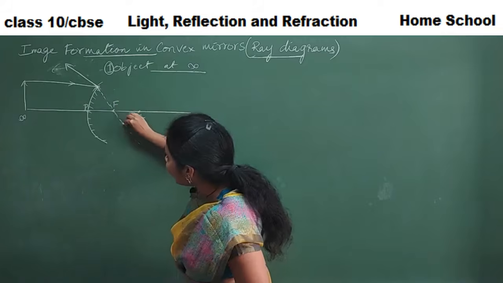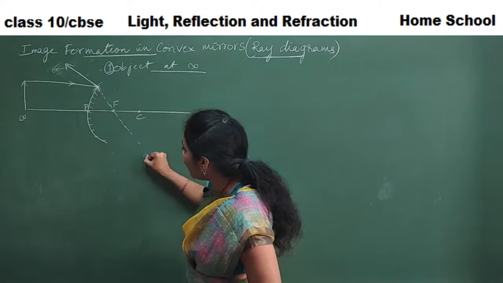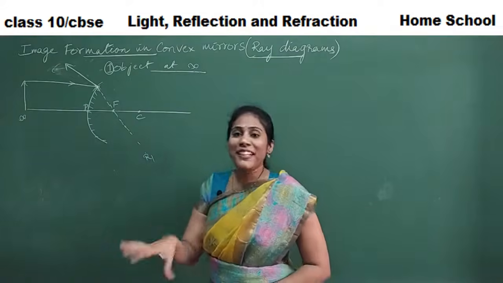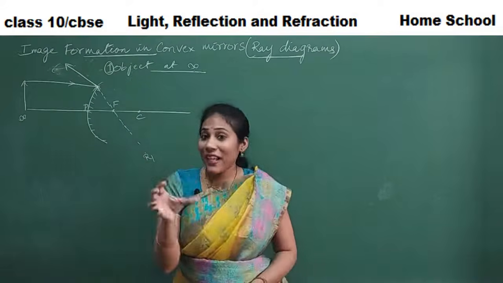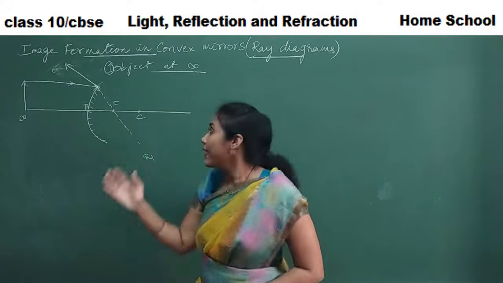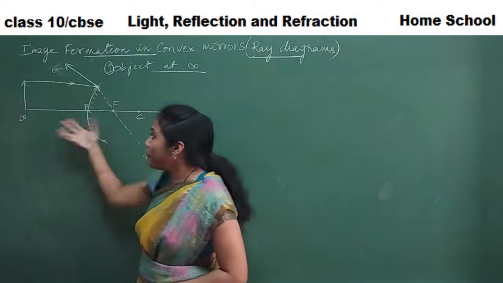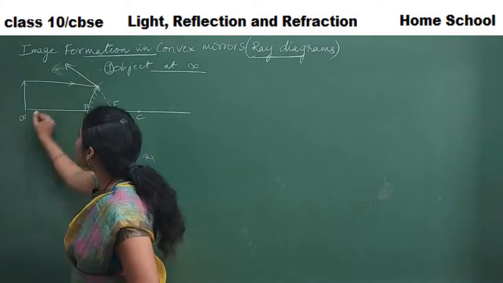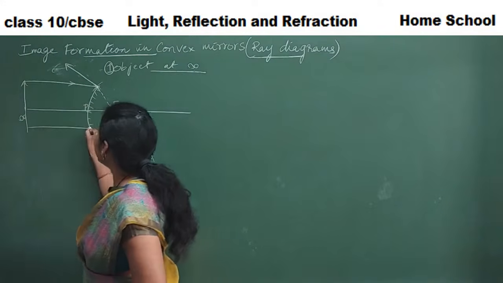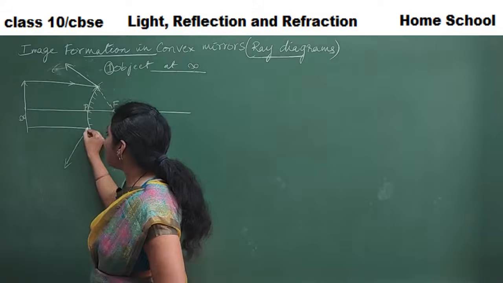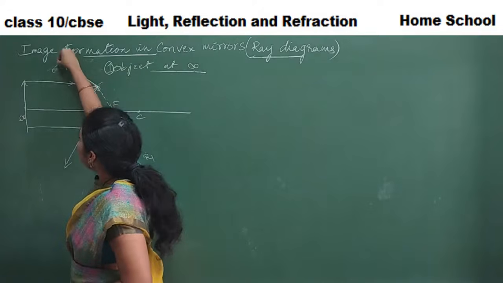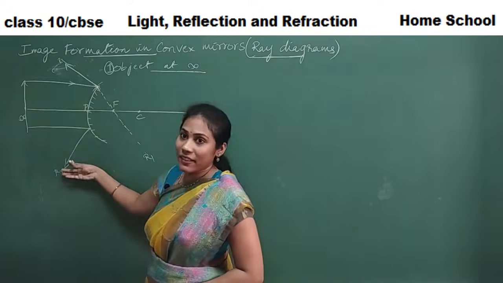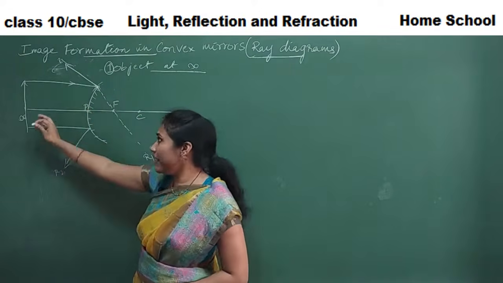See, I have extended the lines. So this is my reflected ray R1. Let me consider, because I need to find a point where the reflected rays are meeting. In front of the mirror, reflected rays never meet, guys. Yes or no? Because this is one incident ray, I will take another incident ray, it will reflect like this. This is actually my R1, this is actually my R2. So where are they meeting? They can't meet in front of the mirror.